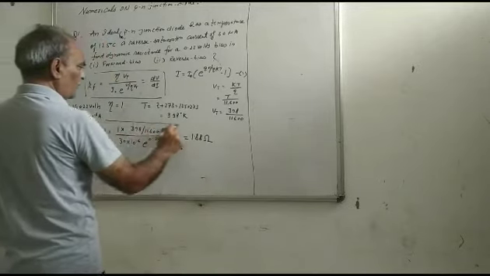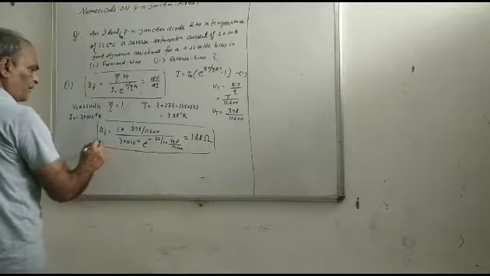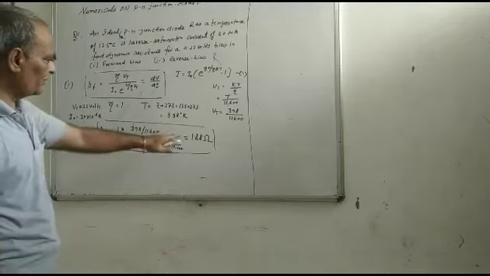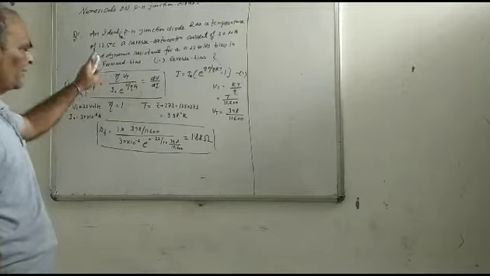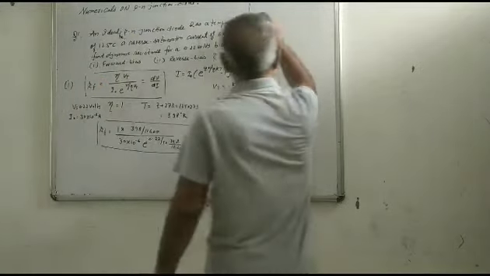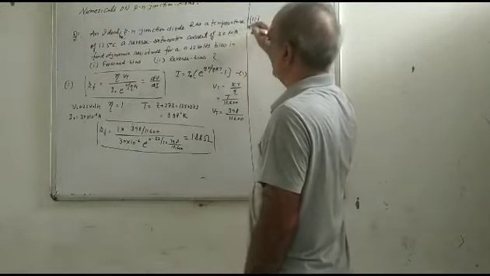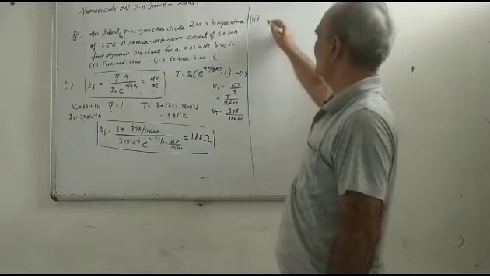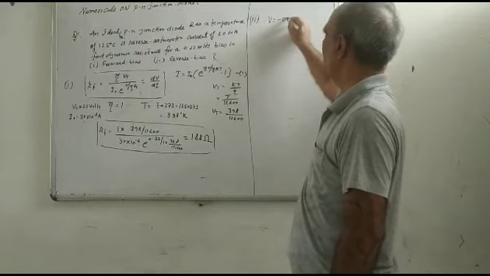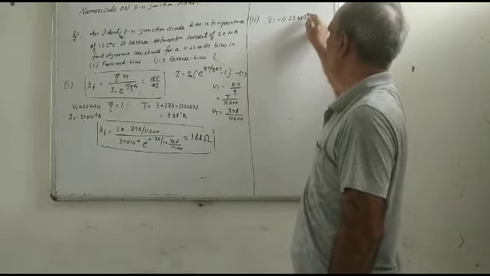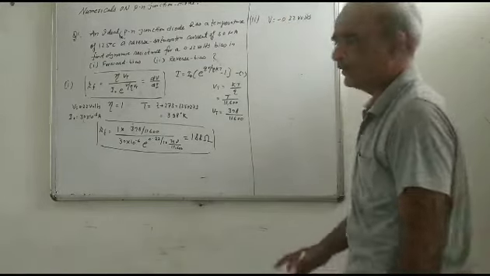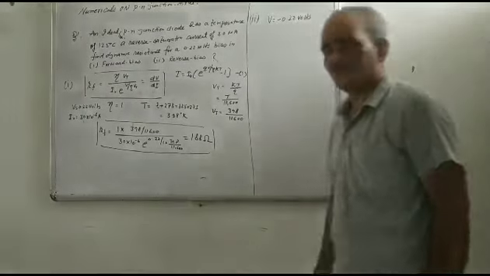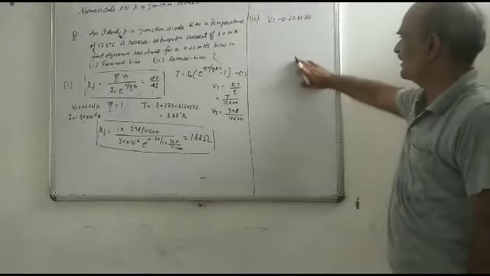If we solve it with the help of a calculator, the answer will be 1.88. For forward biasing, the value of the forward resistance is 1.88. And when you are considering the reverse bias, then V is equal to minus 0.22 volt. Take the value of V as negative. If opposite polarity voltage is applied to the PN junction, at that time the voltage becomes negative.